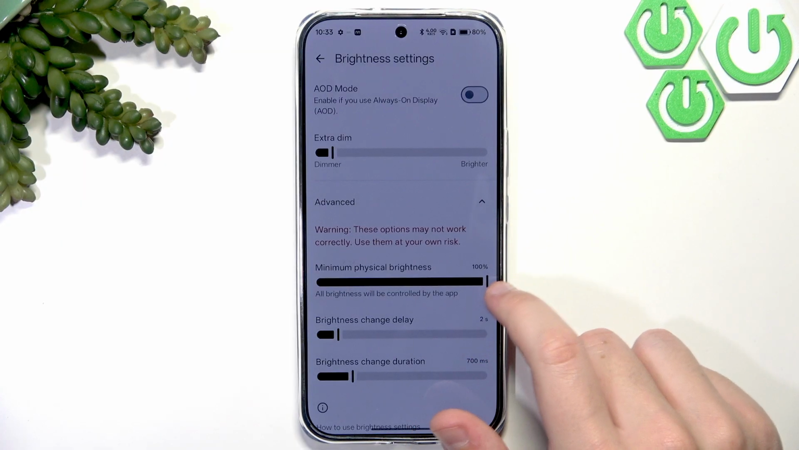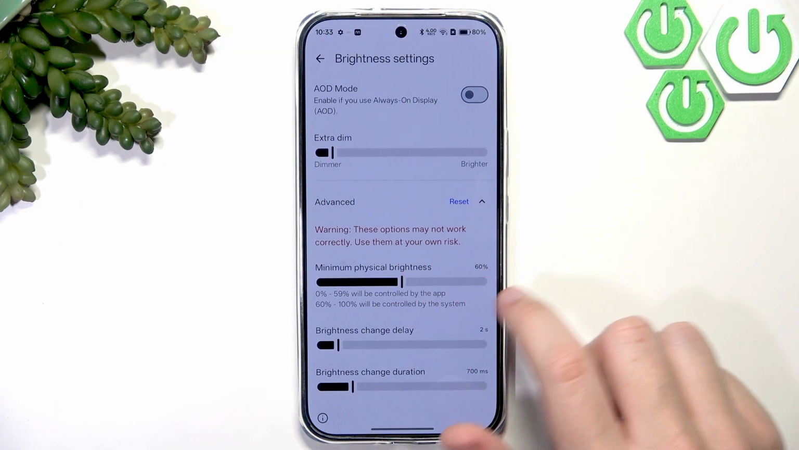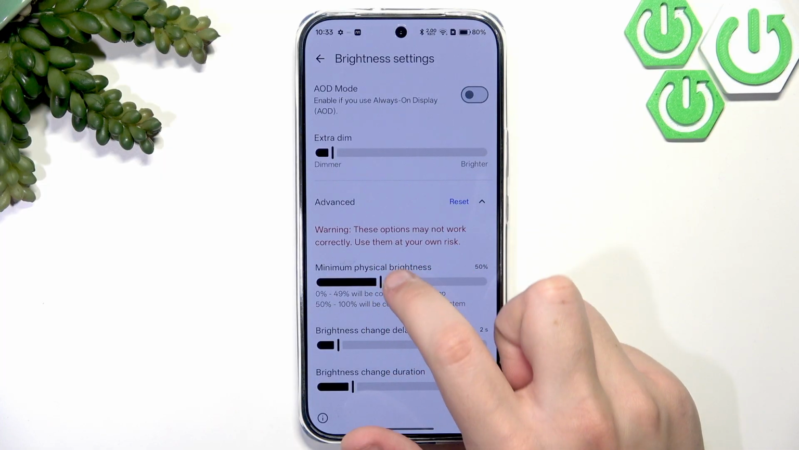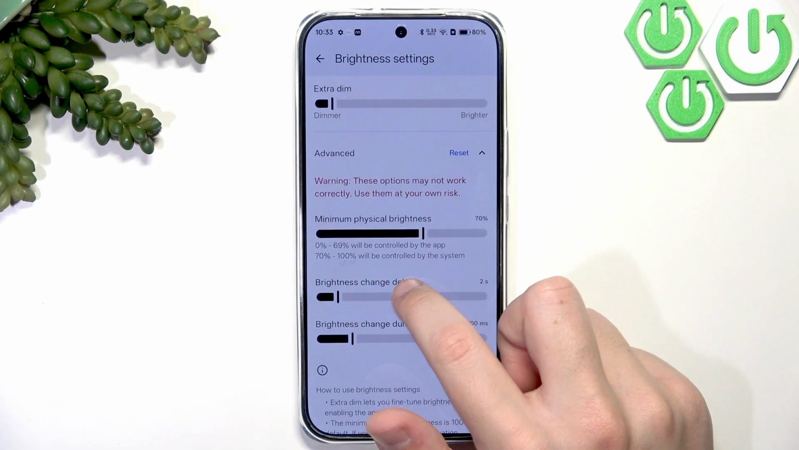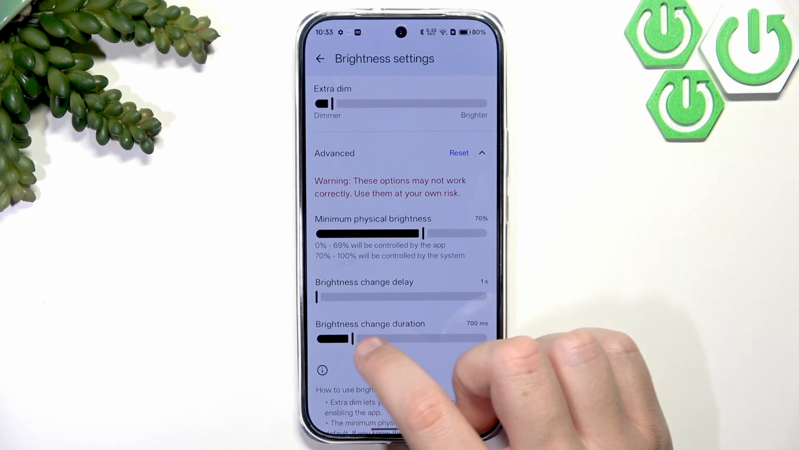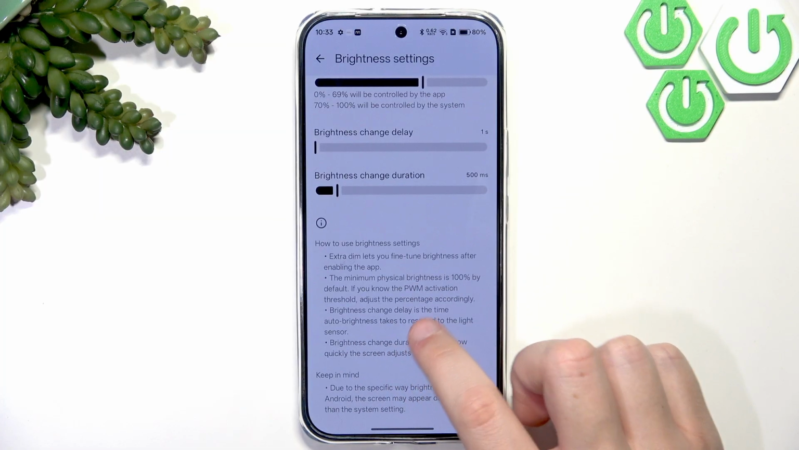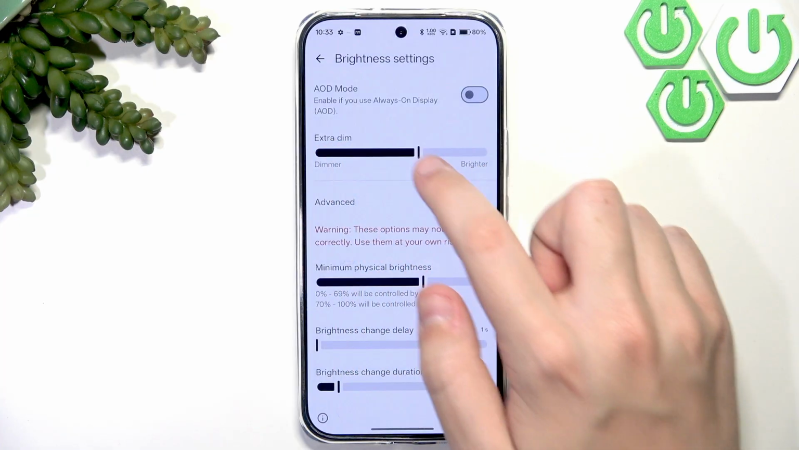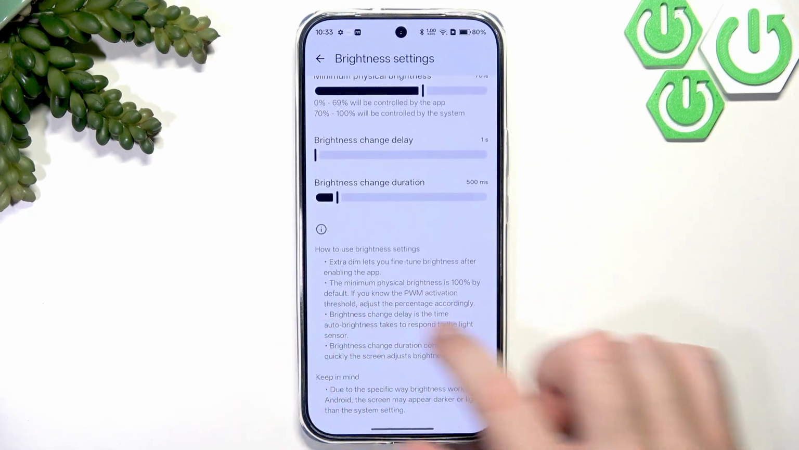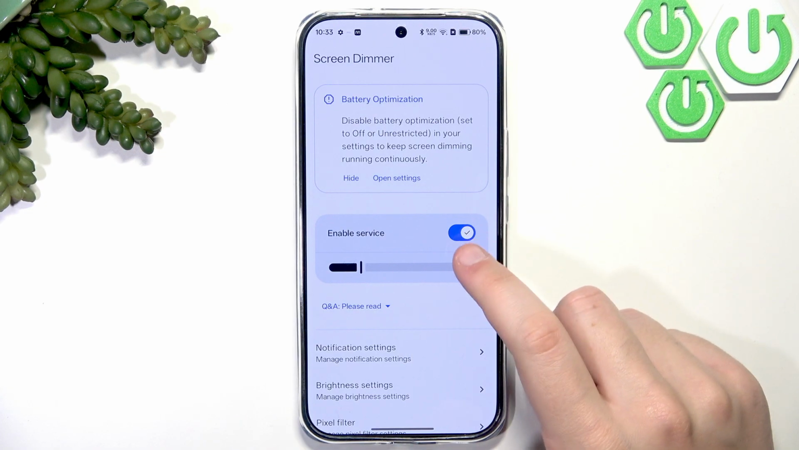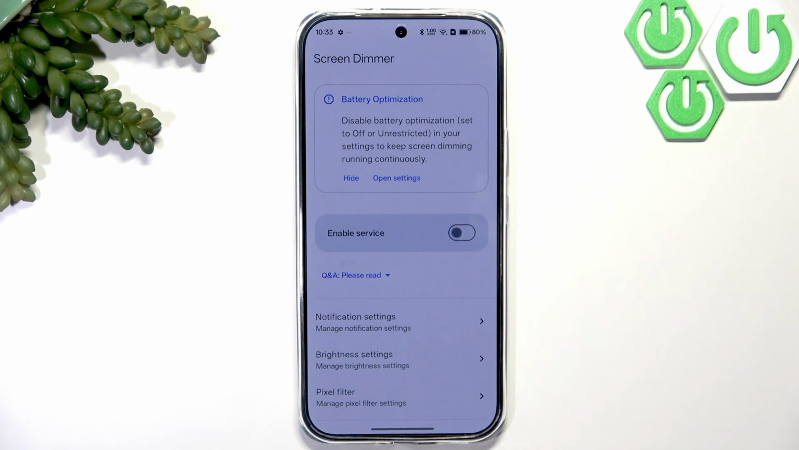Of course, you got the advanced, like physical brightness. And as you guys can see, now it's controlled by the app and not by the system. Here you have the brightness change delay, so we're gonna put it right here. And of course, change duration, you guys can change it all. So now, after you're done with the app and you don't want it, you just tap here on the switch,